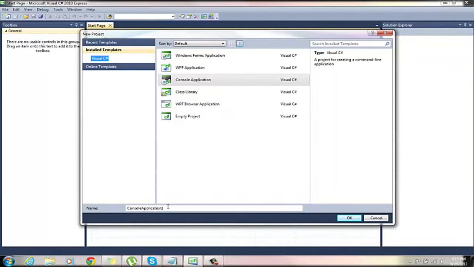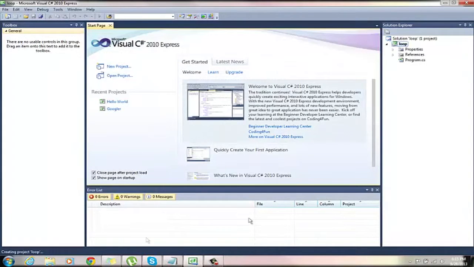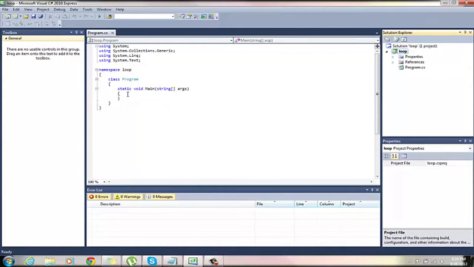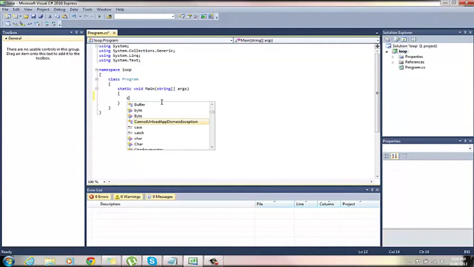We're gonna hit console application. It's default since you've been doing it like twice or 5 times now. So you're gonna name it loop, and you're gonna hit OK. So now it sets up our code. We're gonna start off by putting in console dot read line,